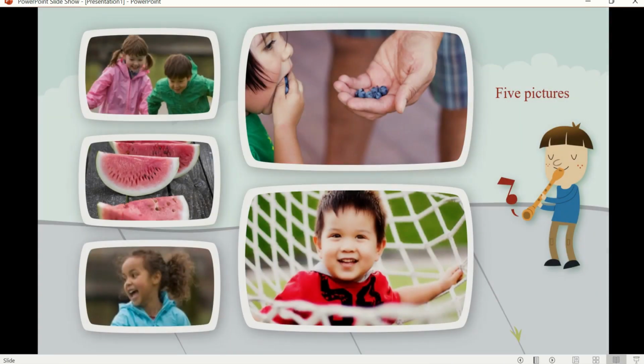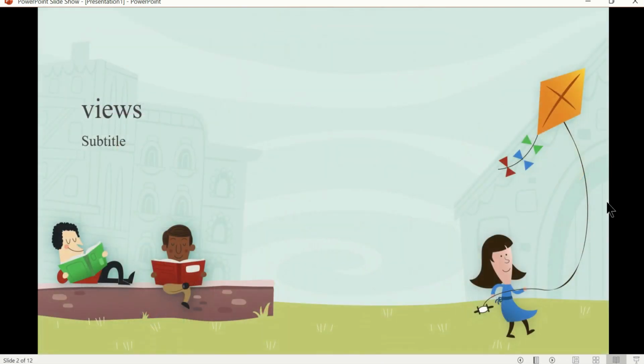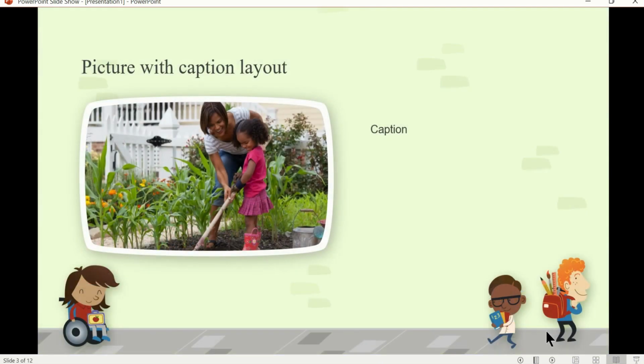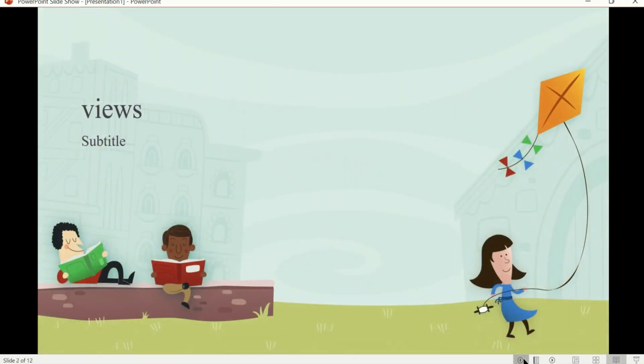Now you will get the reading view, and here you can see the title bar and status bar at the top and bottom, and you can navigate through the slides either by just clicking on the screen as you do in the slideshow, like this, or from the navigate buttons on the status bar.